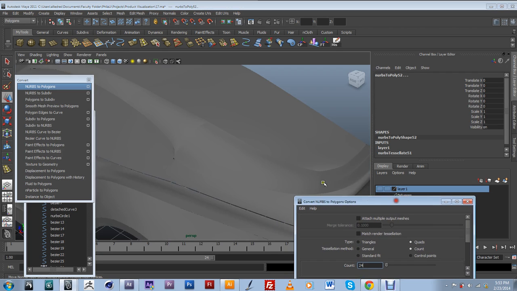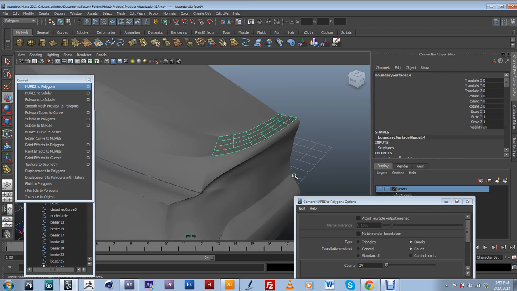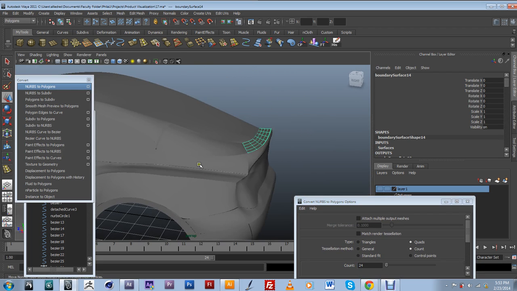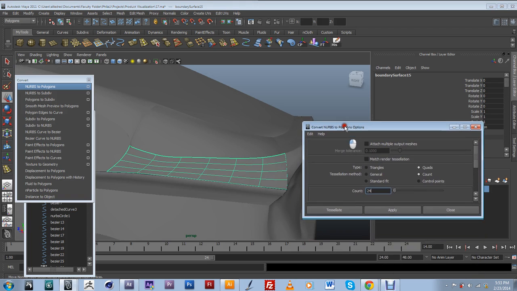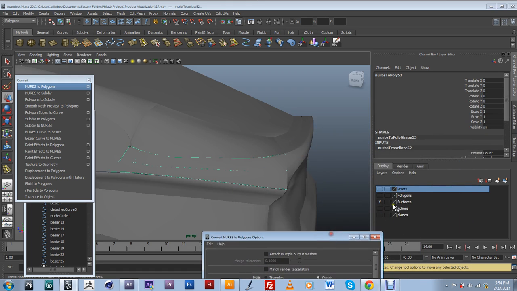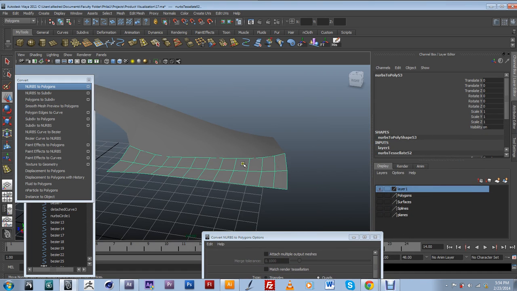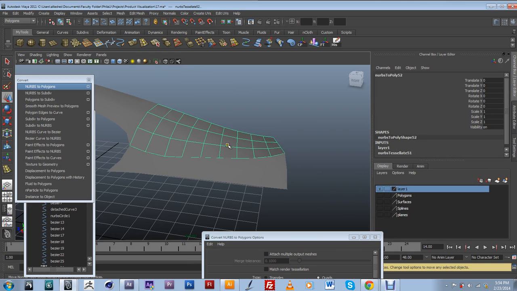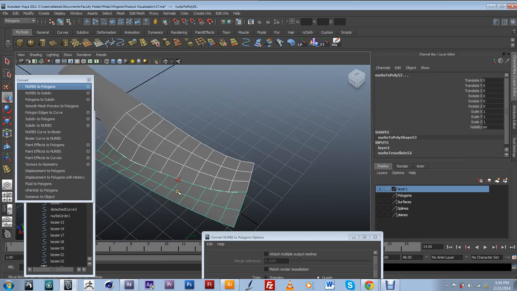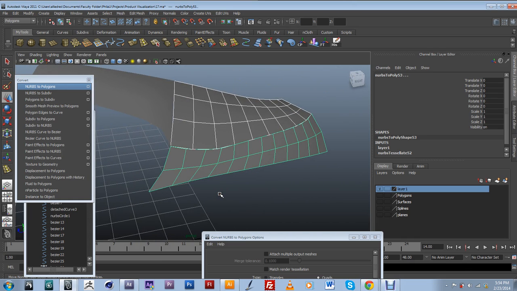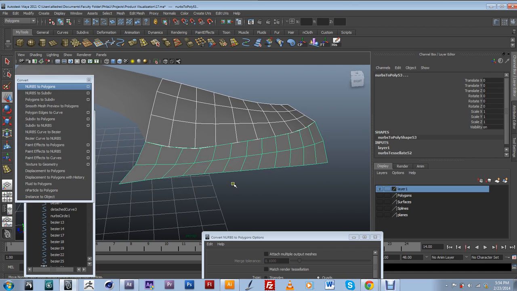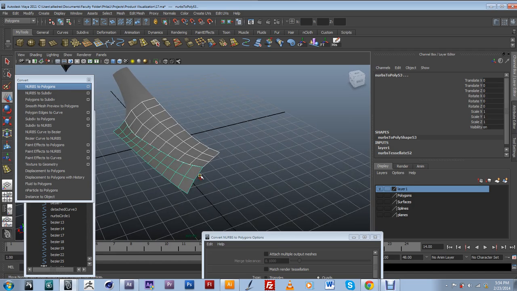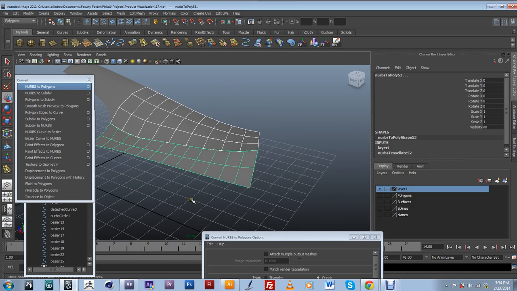So let's go back to surfaces. Alright, so we get these two. Let's see, let's do this part right here, and again this one's going to be another one that's supposed to be 24, and I apply it. Alright, and again the number of subdivisions is going to be a little bit different, and it's not going to be able to match what's going on up here. So sometimes what you've got to do is retopologize your polygons just to be able to make it match. And so I'm going to walk you through the process of doing that,